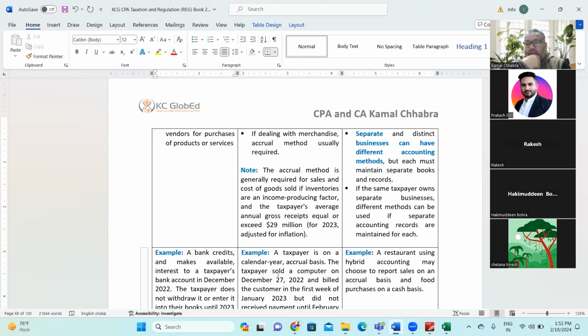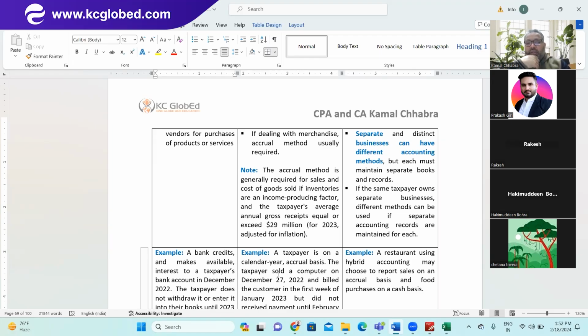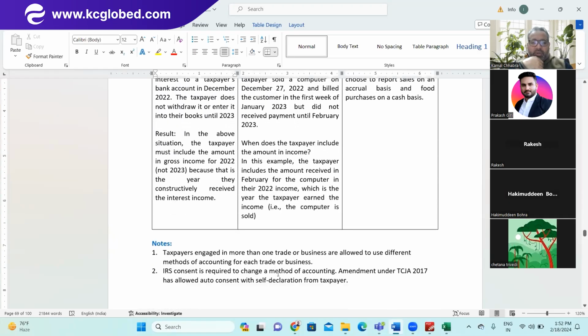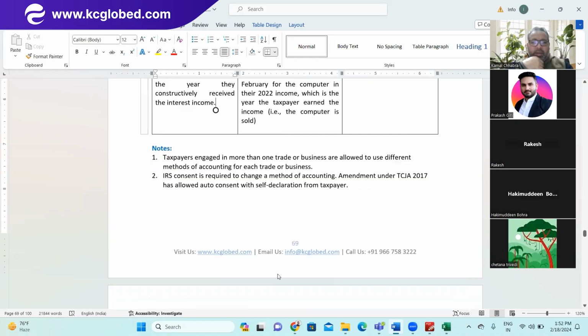So example over here is a restaurant using hybrid accounting may choose to report sales on accrual basis and food purchases on cash basis of accounting. A taxpayer engaged in more than one trade or business is allowed to use a different method of accounting for each trade or business. IRS consent is required to change a method of accounting, and that is amended under